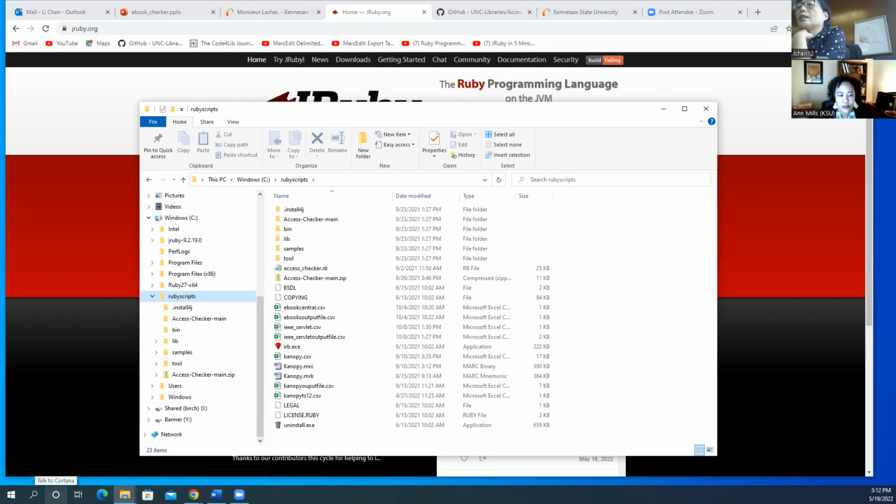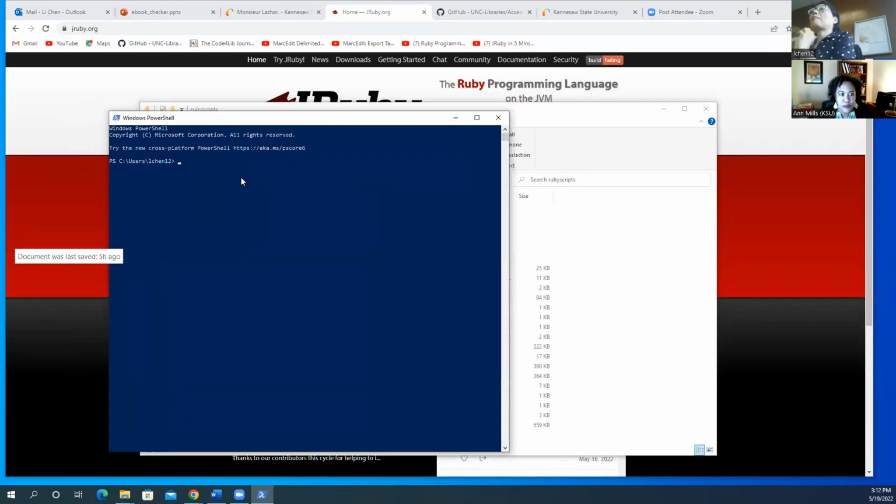How to do it? You need to go to PowerShell. So let me get a PowerShell. So here is the PowerShell. You need to go to the directory you created. I created a directory called Ruby script. So type cd Ruby script. So that's the directory. And then you type the following syntax,